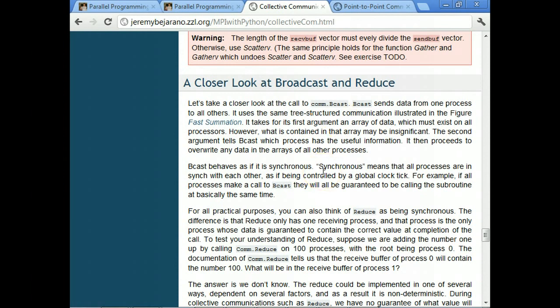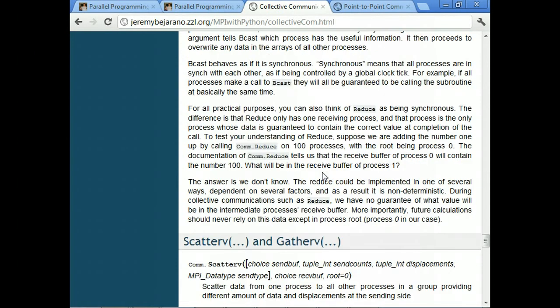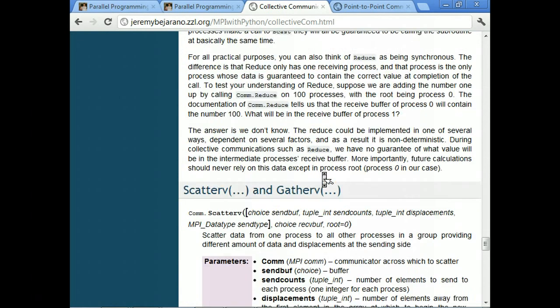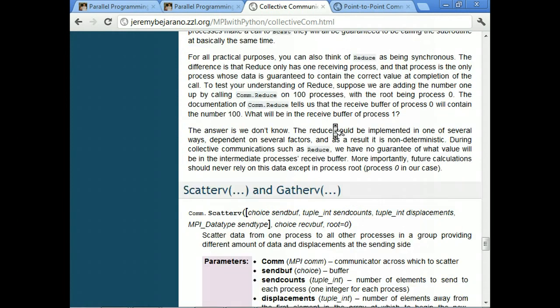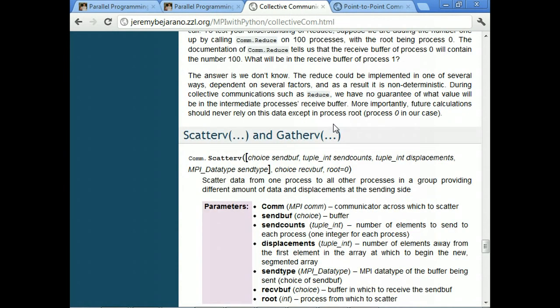Reduce is the same way. Scatter and gather are collective synchronous operations. There is a function in MPI called a barrier, which also does the same thing, except its only operation is to make all the processes wait until it reaches a certain point, and then they'll all move on. That's going to be important for timing our codes. But we'll talk about that on Friday.